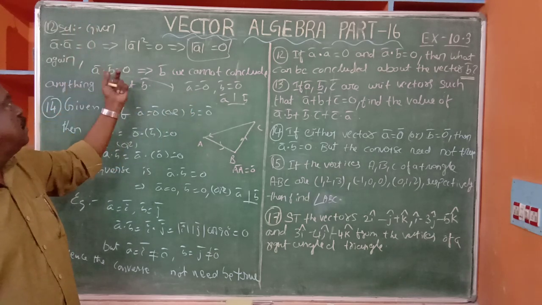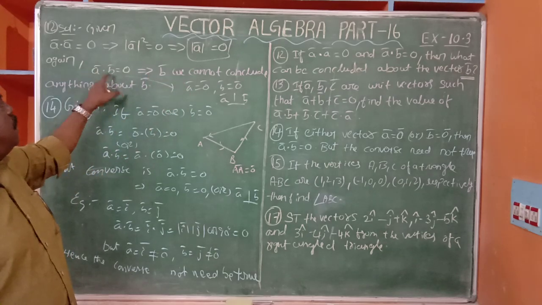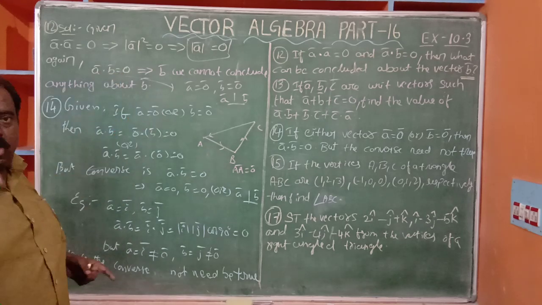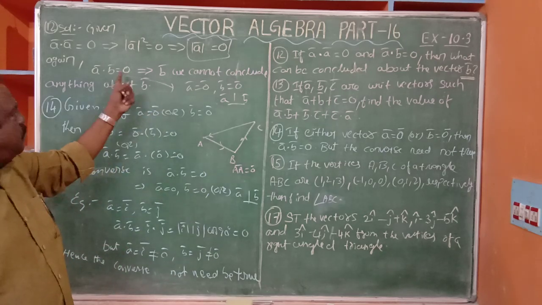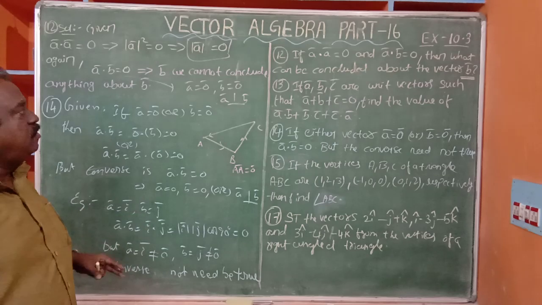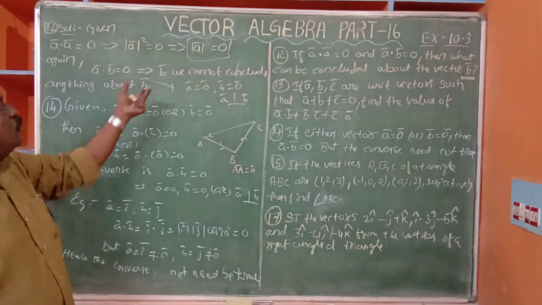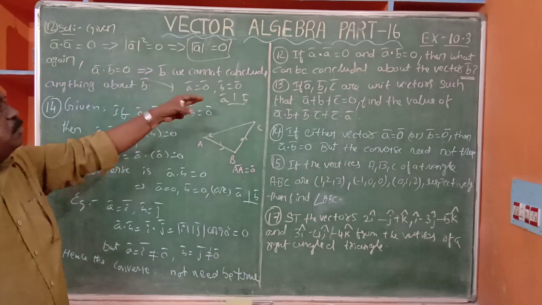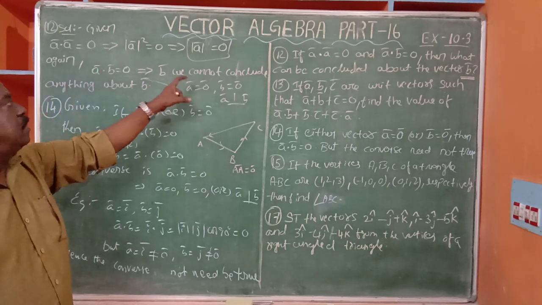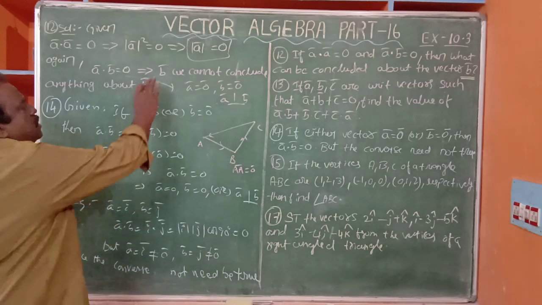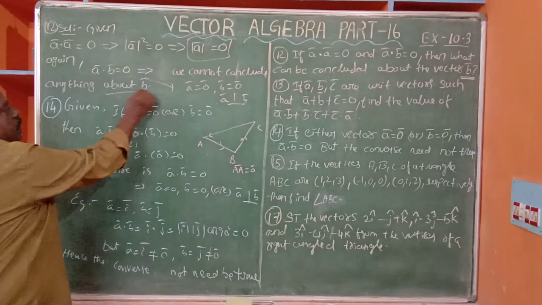Don't confuse that. Modulus of a bar is 0, but from the second data, a bar dot b bar is equal to 0 means either one of the two vectors, a bar or b bar, is a null vector. Otherwise, they are perpendicular to each other. But this result will not match with that first result. So here it is not possible to conclude about the vector b bar. Okay? You write these two. Here we cannot conclude anything about b bar. That is the thing.